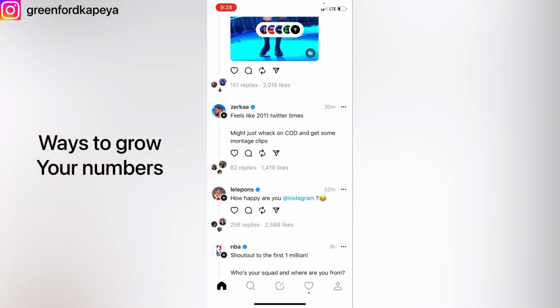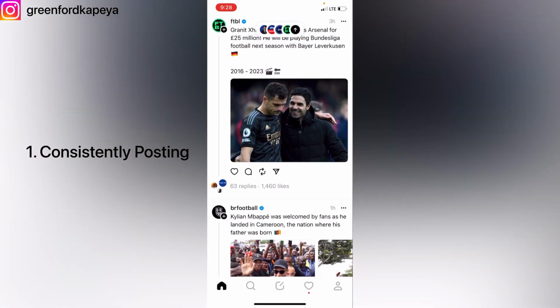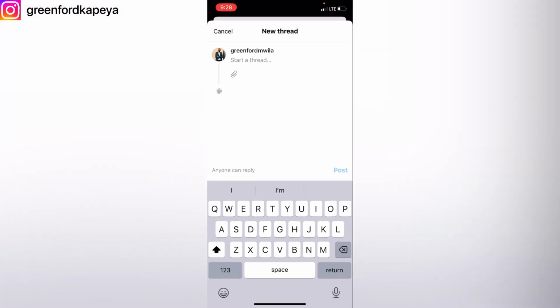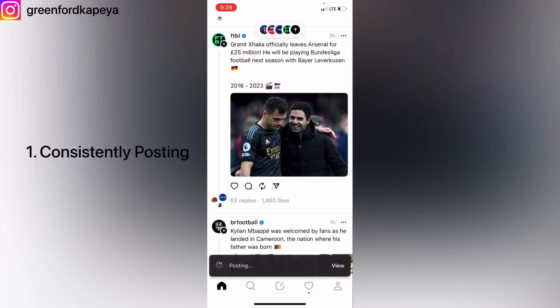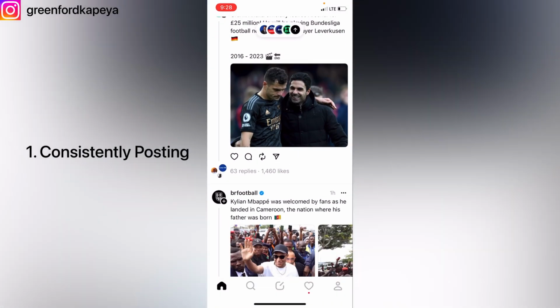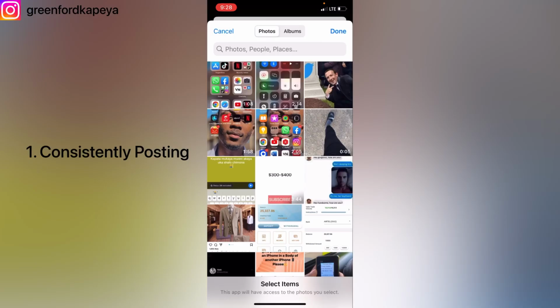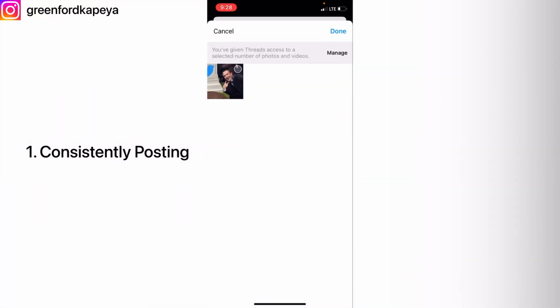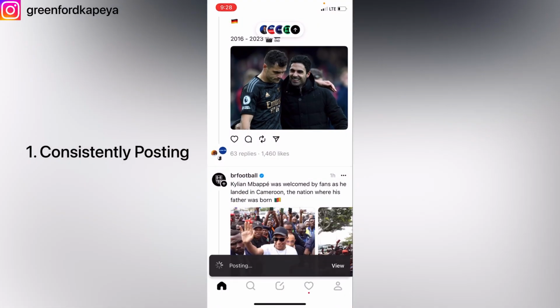So with that being said, there are 3 ways in which you can take advantage and gain a lot of numbers. So the first one is posts. An example is this. So you need to be consistent with sharing posts, and you can not only type posts, but you can also share pictures. Just an illustration, a quick one. So I'll get the same picture by Mark Zuckerberg, who is the owner of the platform, and then it can be shared just like that. If you want, you can put a caption. Like that, then you can share your post.